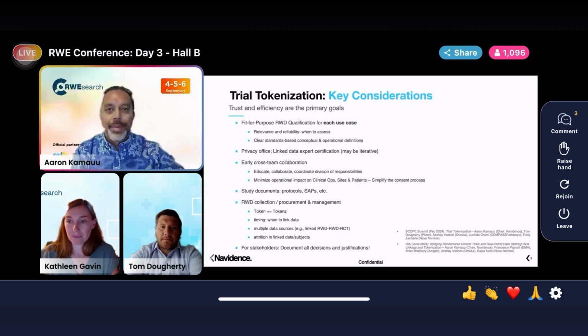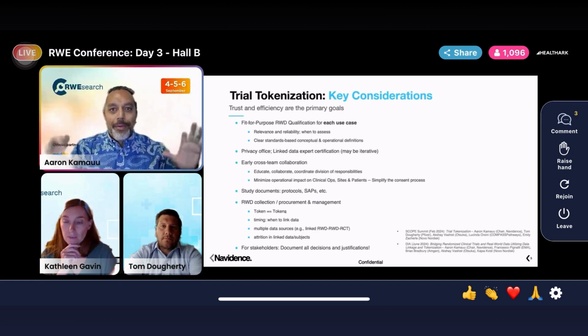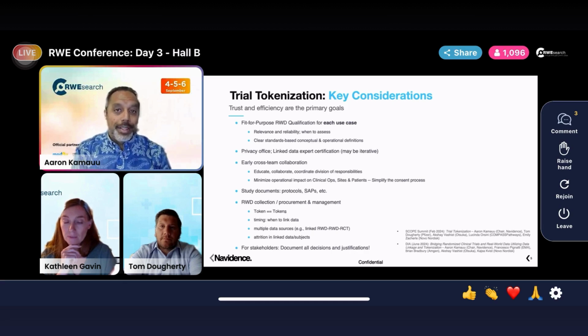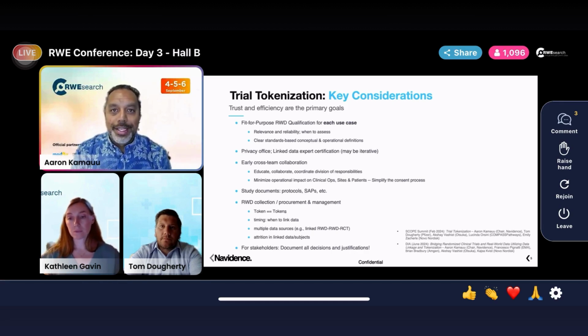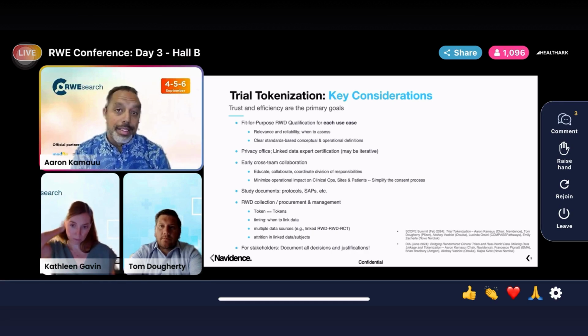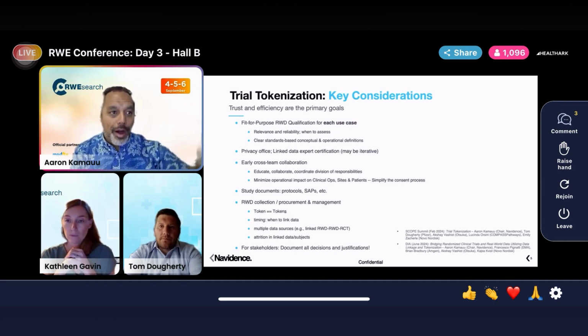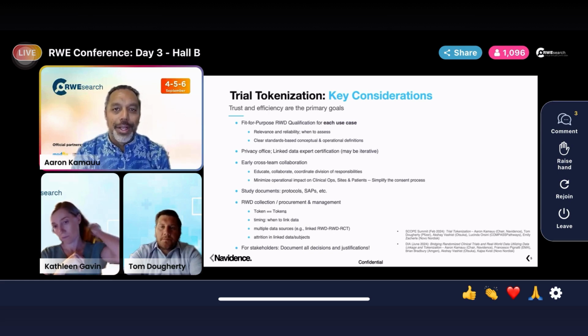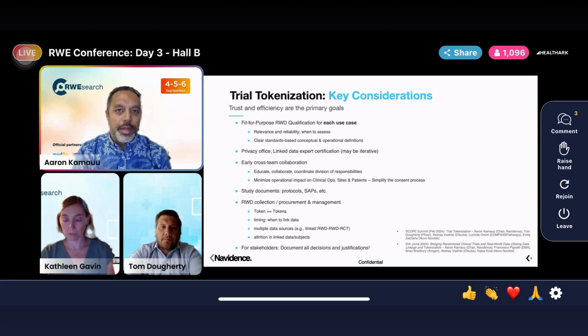This last slide, in fact, I'm hoping through the session or the summit, we can just make these slides available because I don't want to spend a lot of time here, but just noting that we recognize there's a lot of benefit to the method of using trial tokenization, but there are also a lot of things we need to consider when we implement and design these kinds of studies. And so not to go through all of these right now, we'll probably touch on these in the Q&A and in the panel discussion, but just wanted to make sure we noted there's a number of things you need to